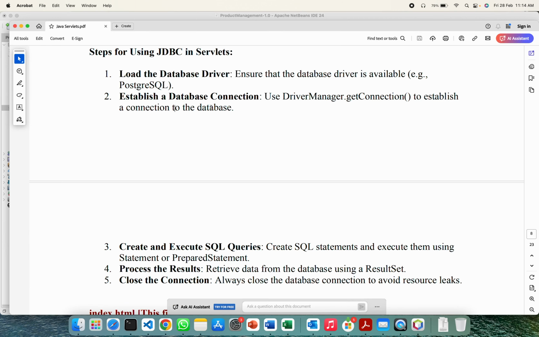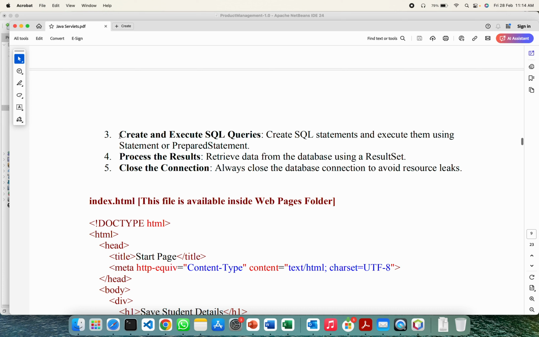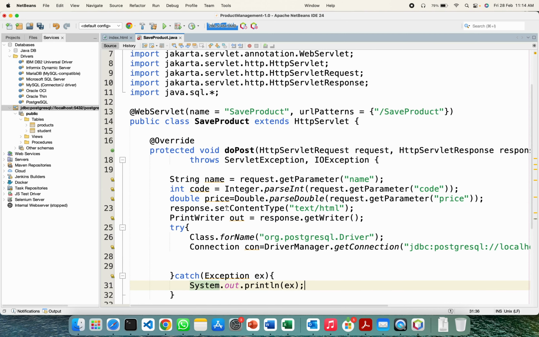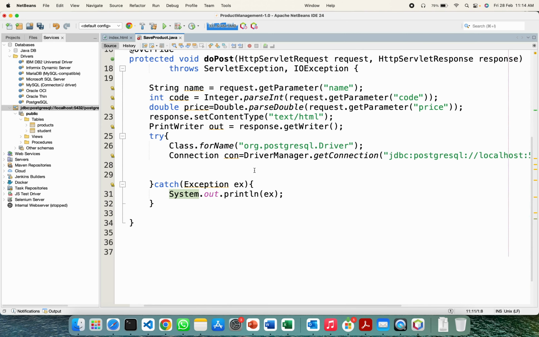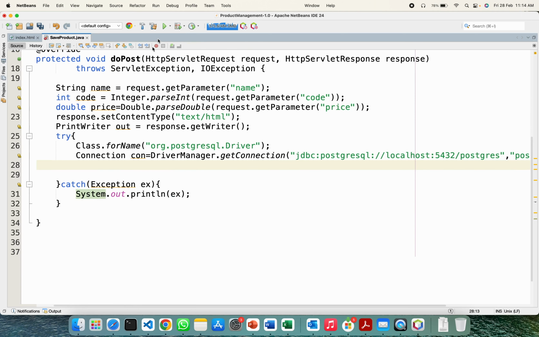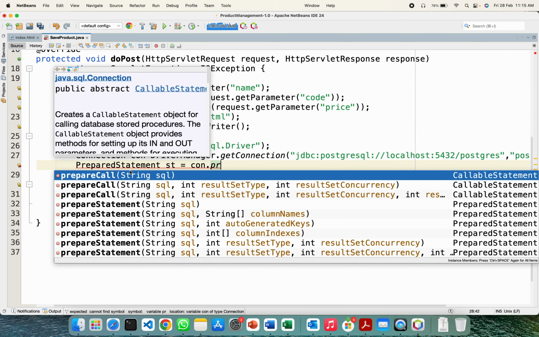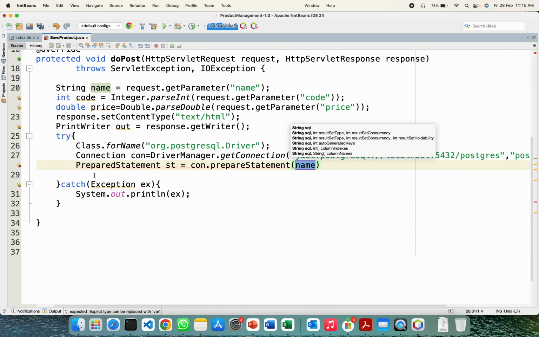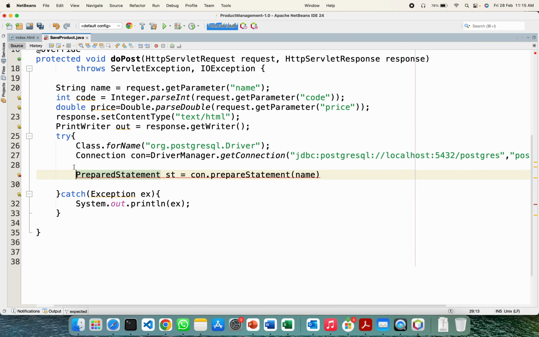So the connection is done. Next we have to create an SQL query and execute the query. For that we are going to use PreparedStatement from the SQL package. So from this SQL package we have to use PreparedStatement. How will you create a PreparedStatement? We have to create one variable, PreparedStatement st is equal to, and we are going to use the connection object dot prepareStatement. Now in the PreparedStatement we have to pass the SQL query. So we have to create the query